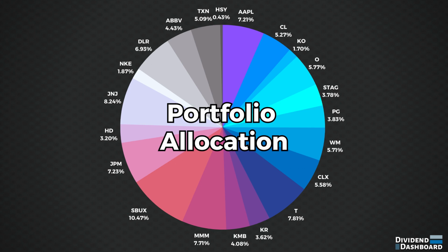I do like how the portfolio looks. Every stock has a purpose. Some are compounding core holdings, others are for income. There are several high-quality businesses on my watch list that I would like to add in the future. The latest addition to this portfolio is Hershey, and I'm planning to do a stock analysis video to cover this